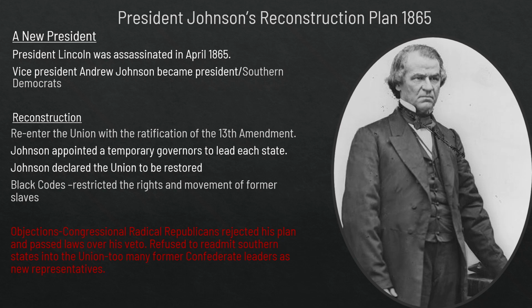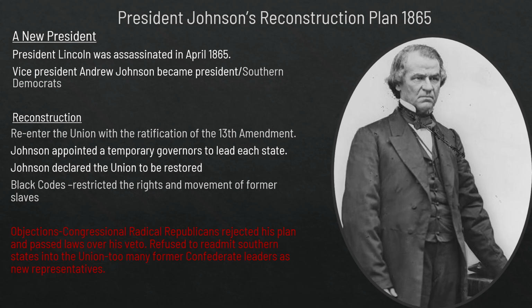Okay, so then after Lincoln is assassinated, you have President Andrew Johnson, who is the vice president, and he's going to take over. So he's a Southern Democrat. At this time, you did not have to be a part of the same party. The president could be one party, and then the vice president could be another. So Johnson's a Southern Democrat, and he's going to take over the presidency, and he's going to be in charge of Reconstruction, because that's the biggest thing happening.